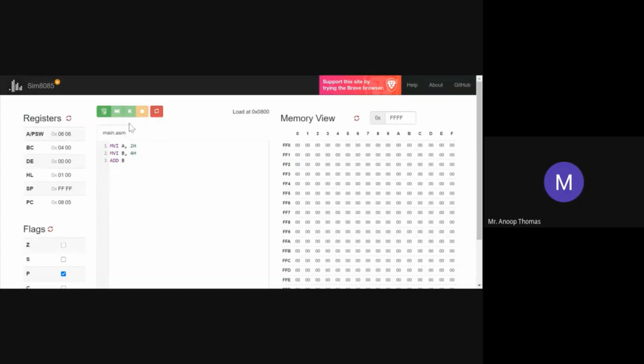Okay, so you have buttons which are quite self-explanatory. There's nothing much in it, and the default load has to be loaded. If you look into the program counter, now it's 8005. That is because we have implemented a 5-byte code. By default, the program is going to be loaded into 8000.